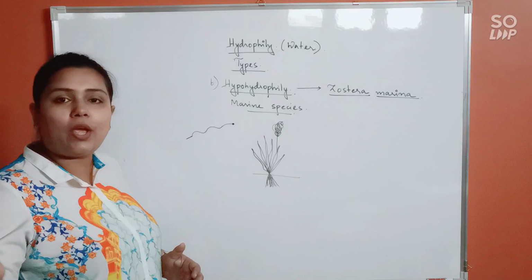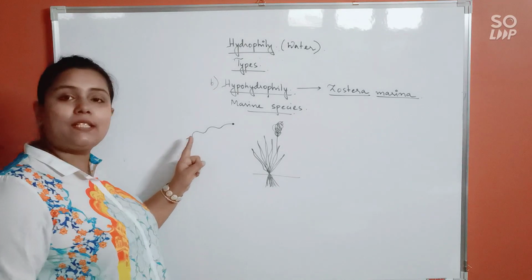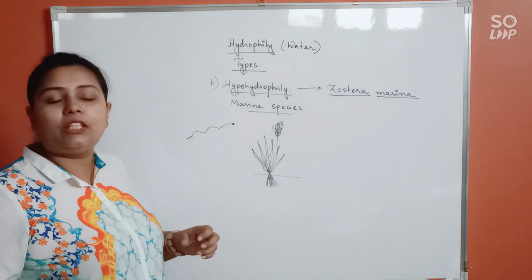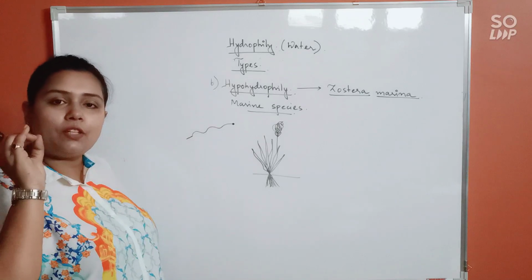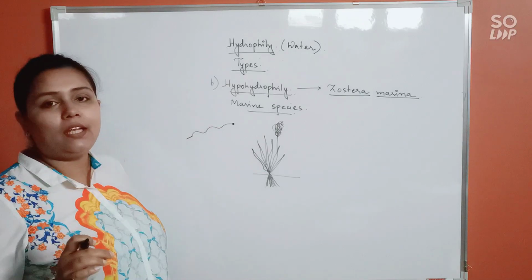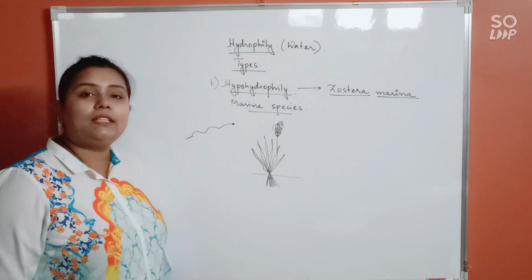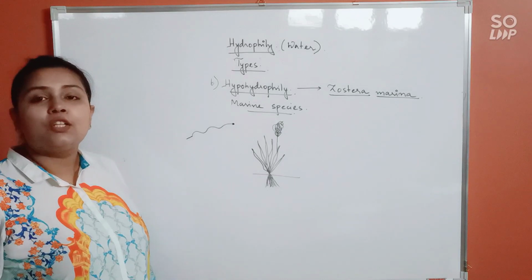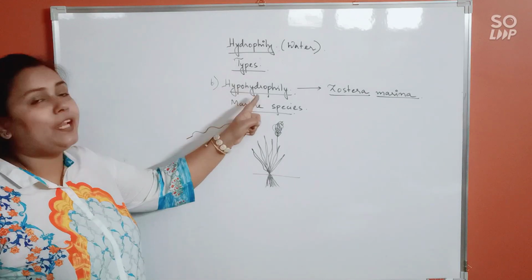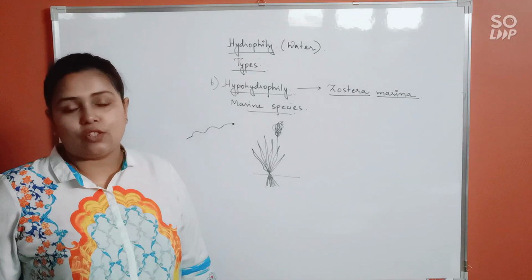that long stigma will also keep on swaying in water, keep on moving in water. So likewise, as soon as the pollen grain comes in contact with that long stigma, it will coil around, and then with the help of its tip, it will enter inside and cause fertilization. Alright. So here the entire method of pollination is occurring below the surface of water. So we call it hypohydrophily. Is that clear? So that is regarding water pollination as well.